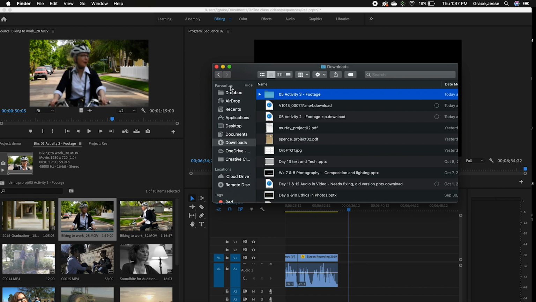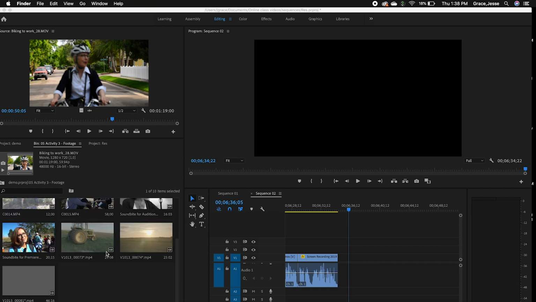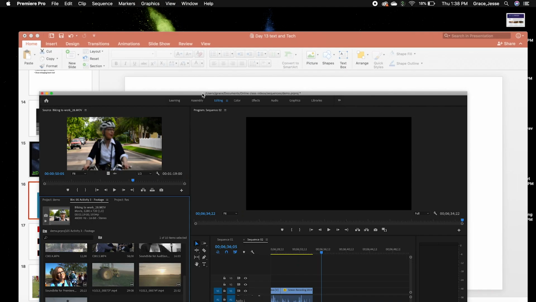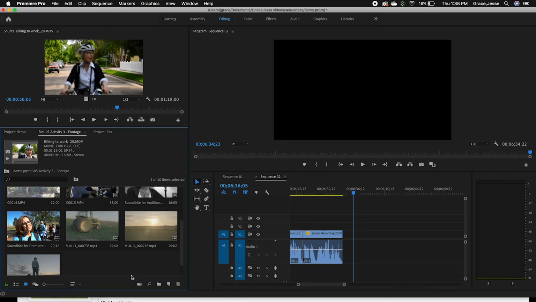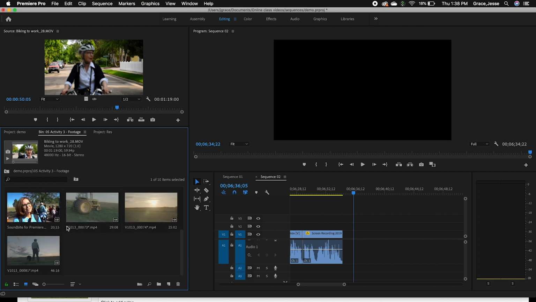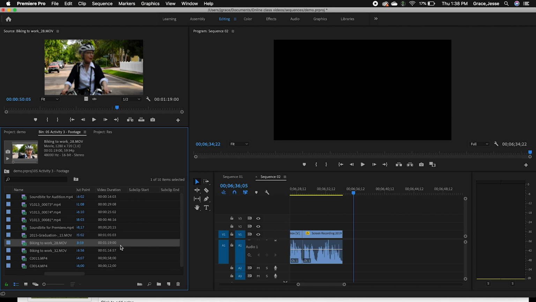Now that you know a little more about resolution, I'm going to show you how to identify what your shots are in Premiere. So now we have our shots here. I'm going to bring this up. I'm going to shrink it a little bit so we can see. Okay, so I have my clips imported for this assignment here, and what I'm going to do is switch to list view, little corner over here, and then it will tell me some more information about the